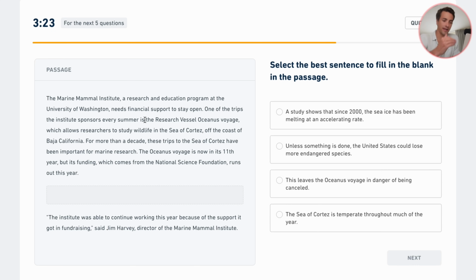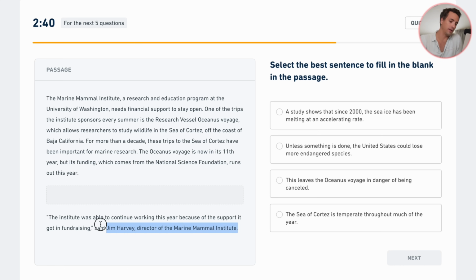All right, so for the next question, we will be given the correct version of the paragraph that we just filled in, and we'll be given a new sentence, and we have to pick the sentence in between. So what I recommend is that you read this paragraph again, in case you got something wrong, so that you can make sure you understand it. So a research education program, but its funding. Cool. So I got everything correct. But again, maybe you didn't. It's important that you fully understand the passage. Don't waste time trying to figure out what you got wrong and got right, and then think about the points that you lost. That's a distraction. Just reread the paragraph to make sure you understand it.